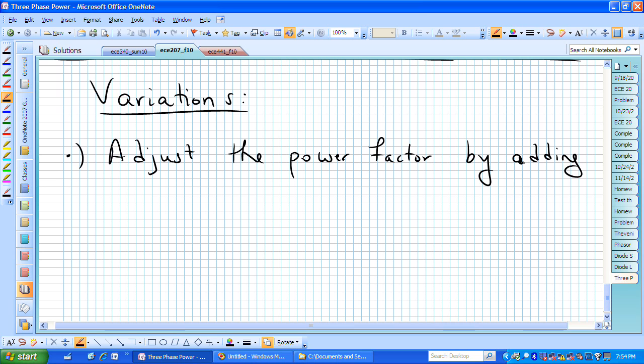So we could adjust the power factor, or a variation would be to bring the power factor to 1 or to bring it to 0.95,